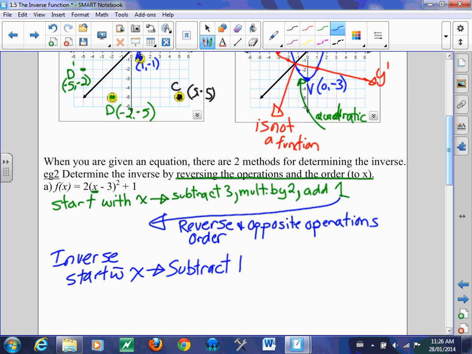Okay, so subtract 1. Then instead of multiplying by 2, we are going to what? Divide by 2. And then after we divide by 2, instead of subtracting 3, we're